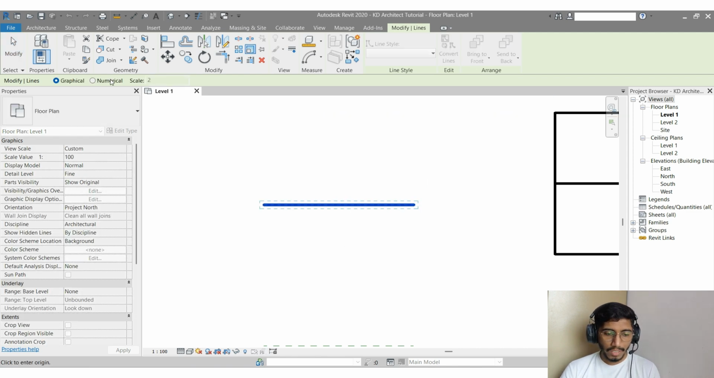Now here you will find two options: one is graphical and the second is numerical. First we'll understand graphical, then we'll jump to numerical. So let's select the graphical option. Here I'm selecting the first point, and then I'll select the second point. If you observe, currently the length of the line is 10 feet. Now let's select this second point. If I want to make the length of this line about 15 feet, just drag the mouse and